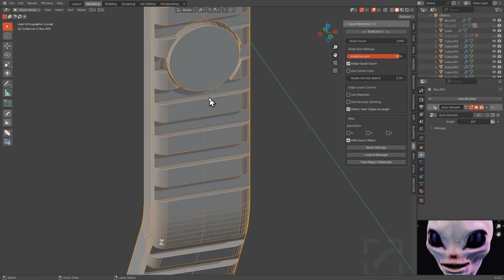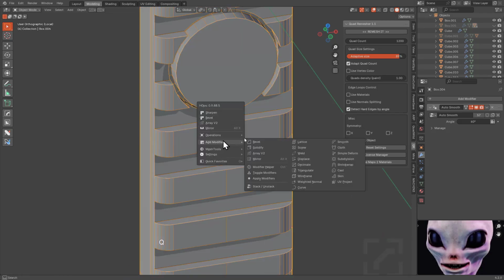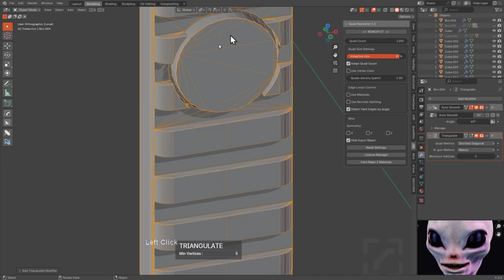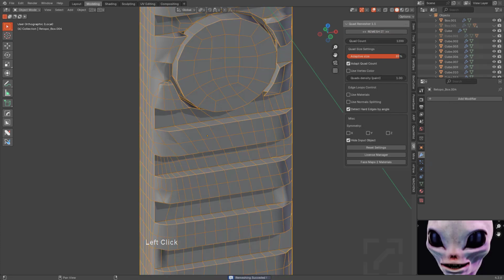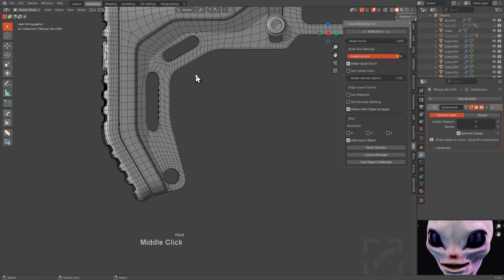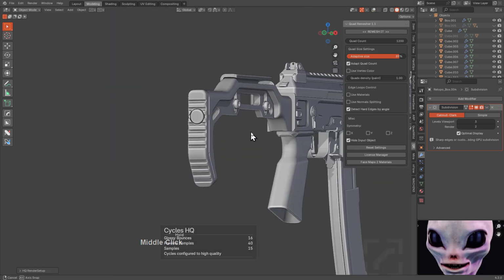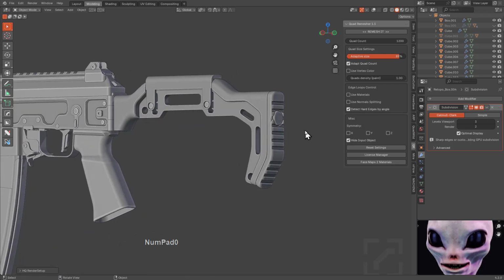I just don't even know how we can make this work. That's the thing about mesher that always gets me: how do I make it work? All I know to do is hit it with the triangulate. Maybe that can work. Let's look at it without overlays, and maybe that works.